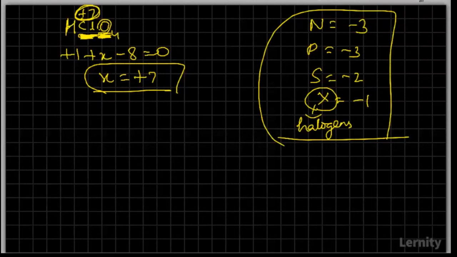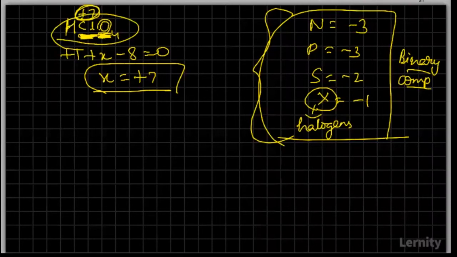Very good. I can make out that you are really listening carefully now. You have already answered this: I have told you that these rules are applicable only when it is a binary compound. It's only applicable for binary compounds, whereas this is not a binary compound. So what you have answered is correct. Whenever halogens have -1 oxidation number, we call them halides. That's correct.